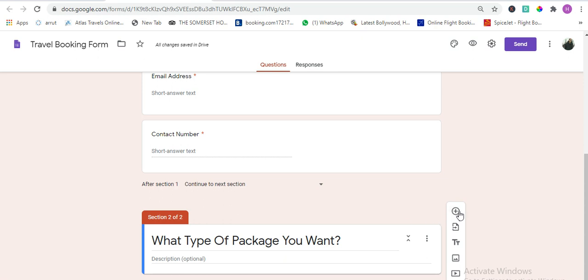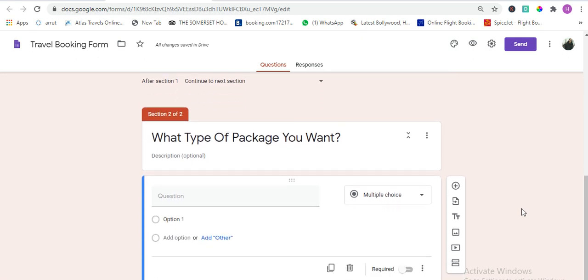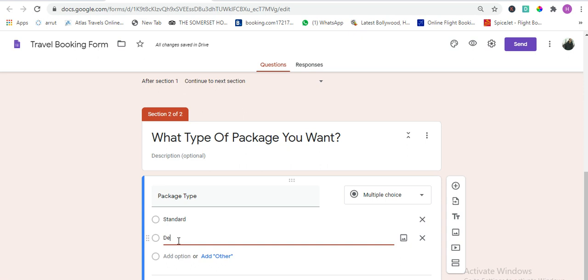Since this is just a tutorial, I'm just using any kind of sentence, so I'll just repeat this question. Package type. So we keep this standard and we keep this as deluxe.